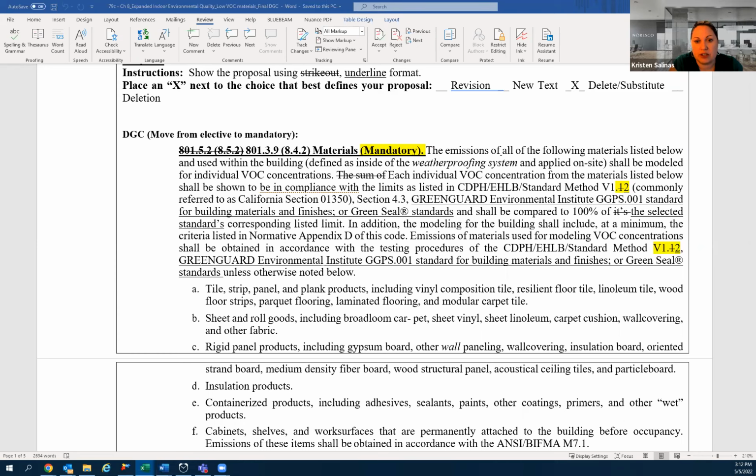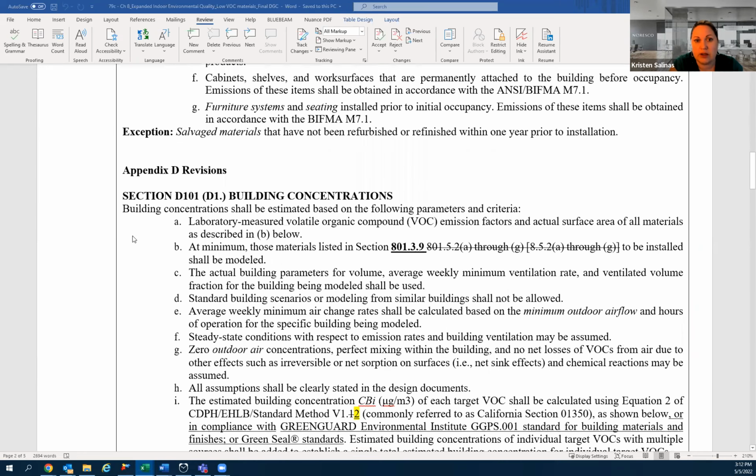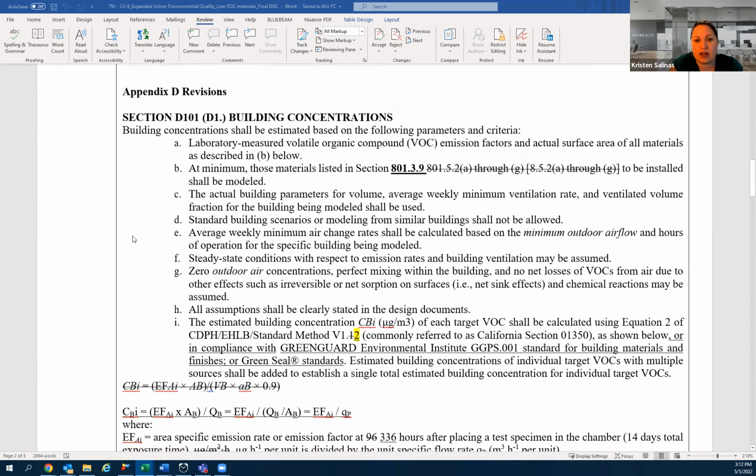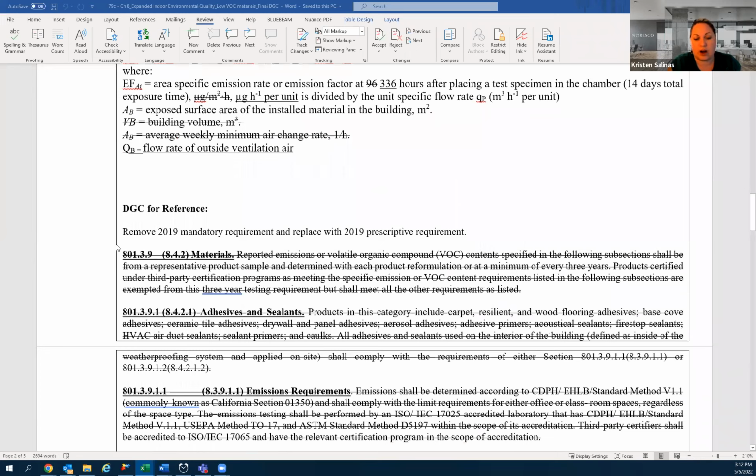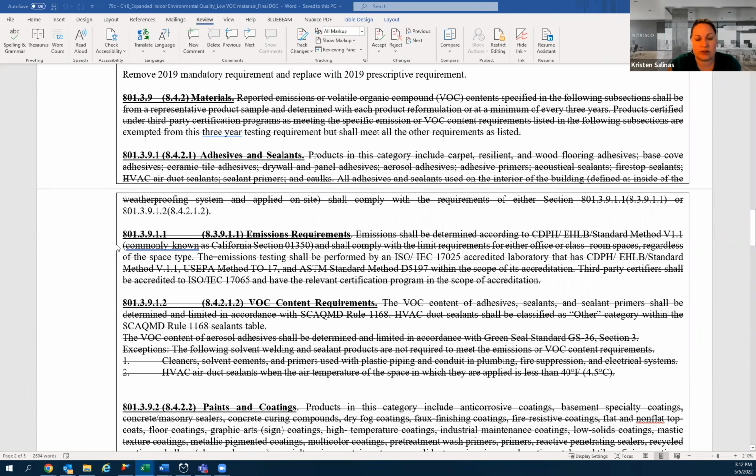Initially, if you scroll down, Kevin, this information was in the DGC to begin with. And we are just trying to make sure that whatever was not approved in the IRC is still in the DGC. And so those are the categories of insulation, furniture, and